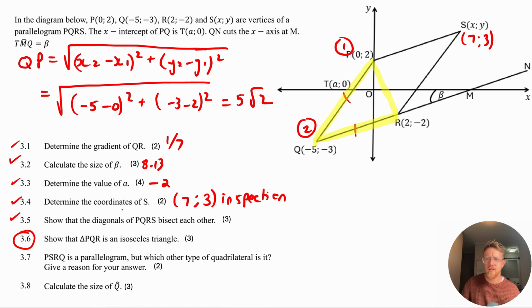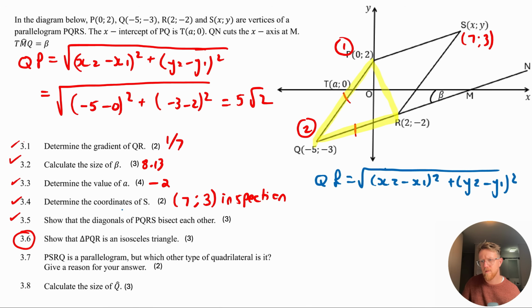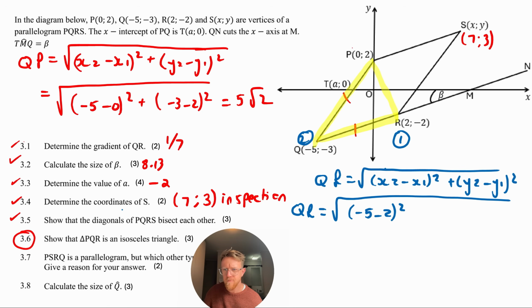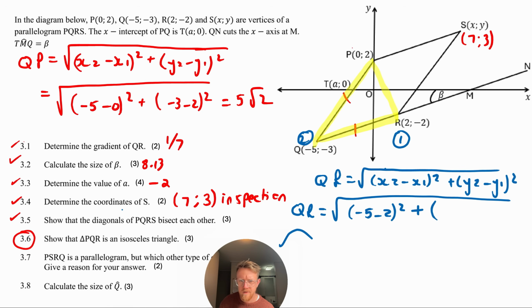And then if we had to work out the length of QR, same formula. I'm going to use this as point 2, this is point 1, and so QR would then be minus 5 minus 2, plus